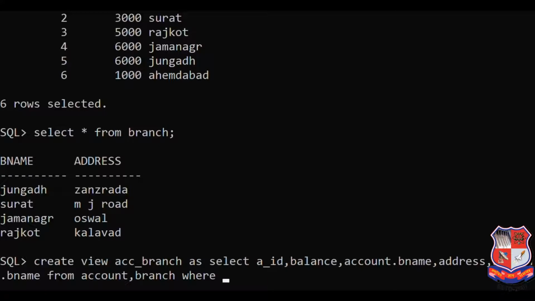I want the output from both tables where the branch name is the same. So I put the condition account dot B name equals branch dot B name. I have put the condition.